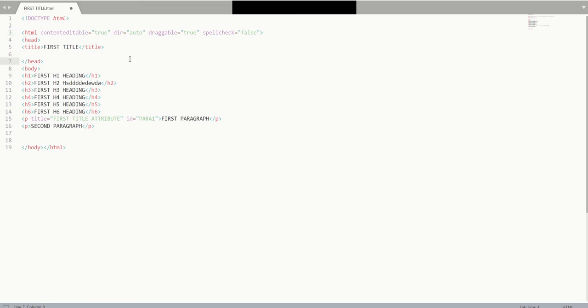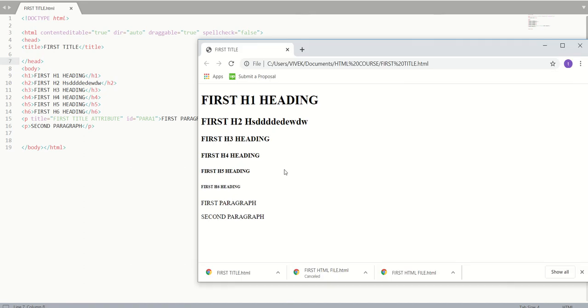So now I did it, and let's see what happens. I Ctrl+S save it, then I go to the web page, I hit F5, and now it's again editable, and as well as draggable. If I want to drag this heading from here to here, see, it is dragged to the previous line.